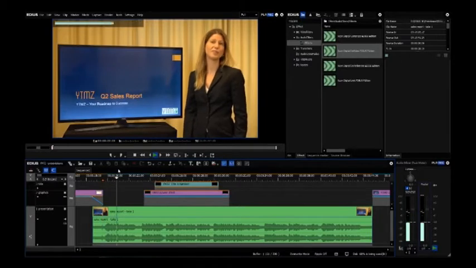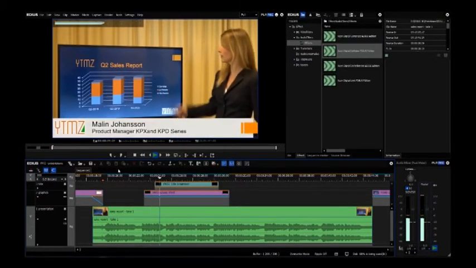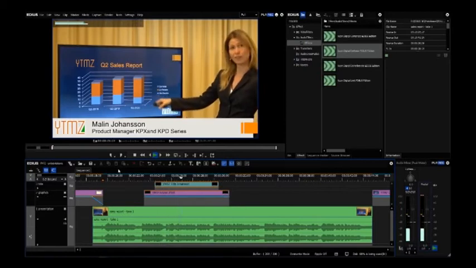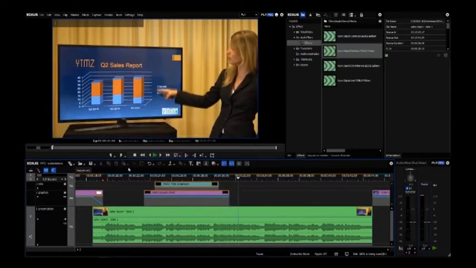So, let's have a brief look at the sales figures. As you can see, we're still growing. There was a drop in the hardware section this year, obviously, but this was compensated by quite